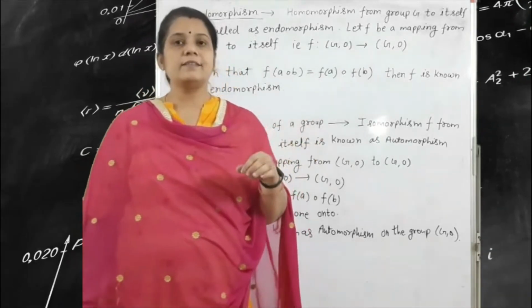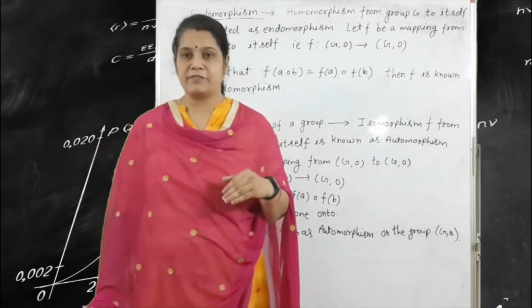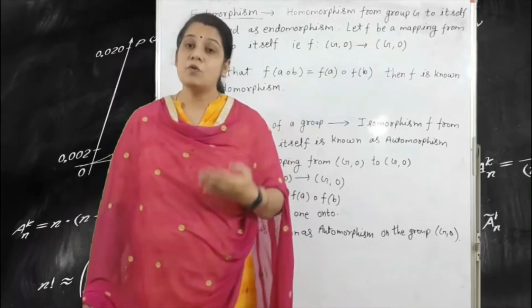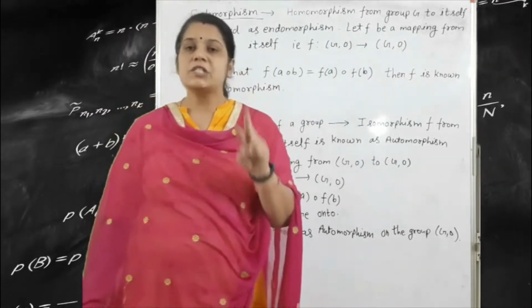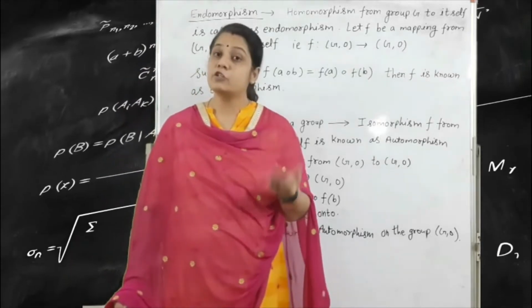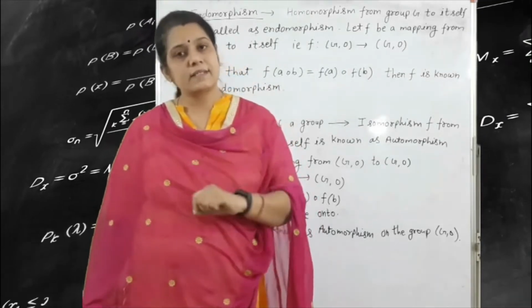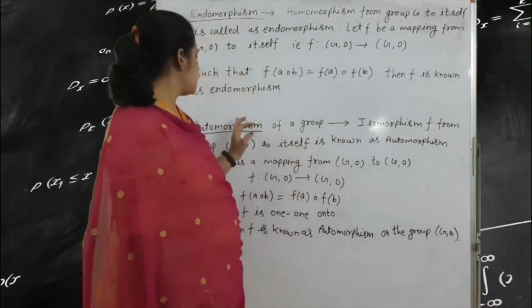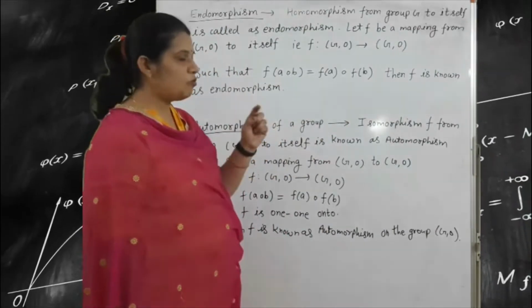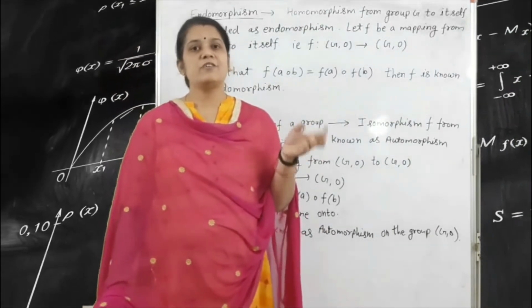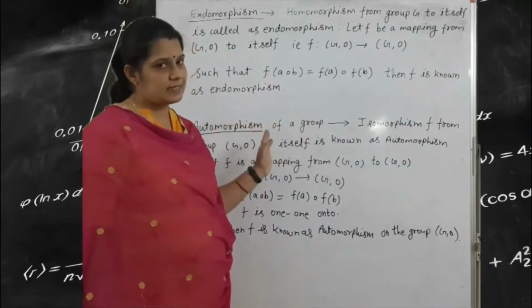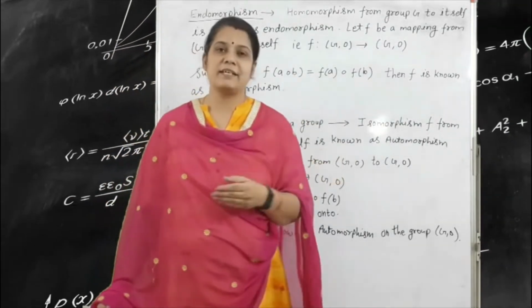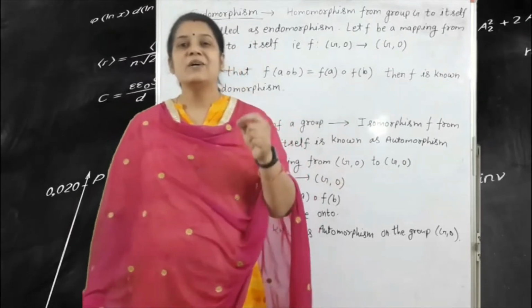Just like a homomorphism and the isomorphism. But according to homomorphism and isomorphism, we have two groups G and G dash and two operators ∘ and star. But here, for endomorphism and automorphism, we have one group, G operator to itself. But here automorphism is just similar to isomorphism, that means the mapping is one-one onto.